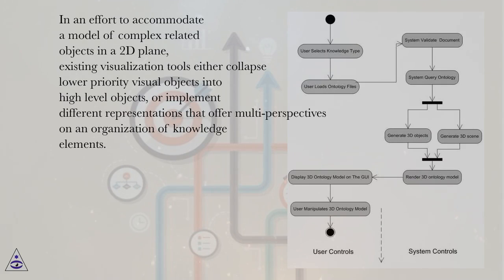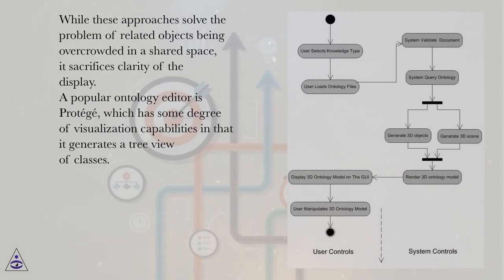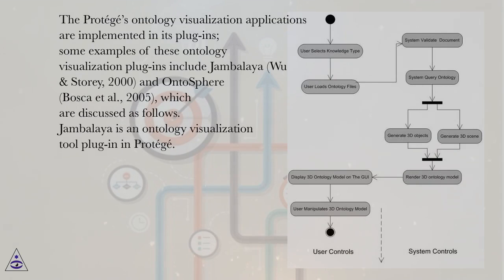In an effort to accommodate a model of complex related objects in a 2D plane, existing visualization tools either collapse lower priority visual objects into high-level objects, or implement different representations that offer multi-perspectives on an organization of knowledge elements. While these approaches solve the problem of related objects being overcrowded in a shared space, they sacrifice clarity of the display. A popular ontology editor is Protégé, which has some degree of visualization capabilities in that it generates a tree view of classes. The Protégé ontology visualization applications are implemented in its plugins. Some examples of these ontology visualization plugins include Jambalaya, Wuan Story, 2000, and Ontosphere, Bosca et al., 2005, which are